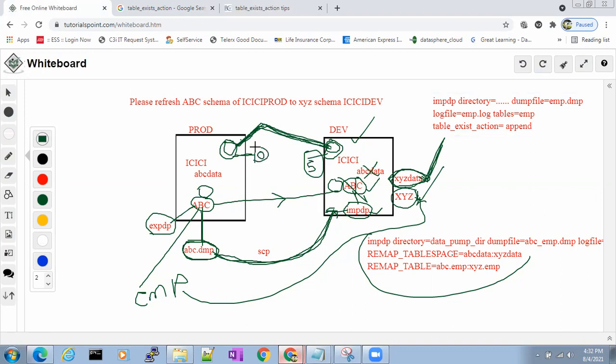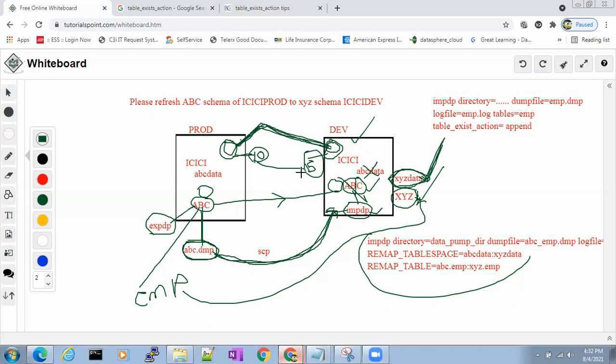It will actually import the entire 10 rows, and it will become 15 rows, which means there are 5 duplicate rows. So it will allow duplicates also. If you use table_exist_action is equal to append, it will not touch these 5 rows, but it will import all the 10 rows once again. So it will become 15 rows now, meaning there are 5 duplicate rows.